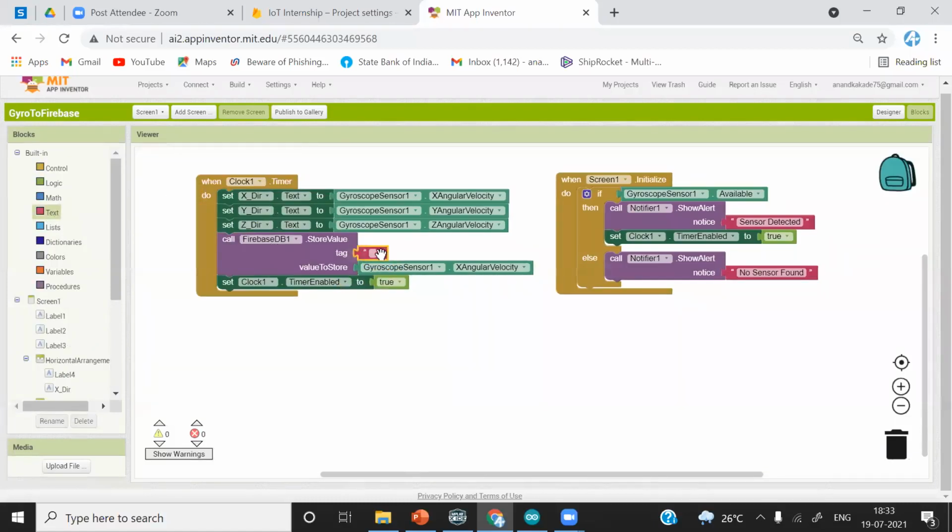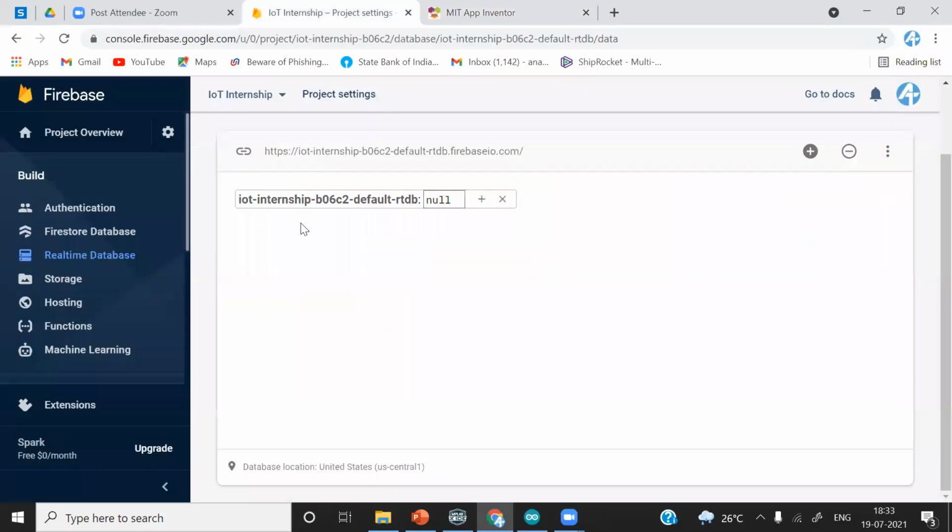Now you have to give the tag, in front of which object you want to put this data. So I will give x velocity, and enter.